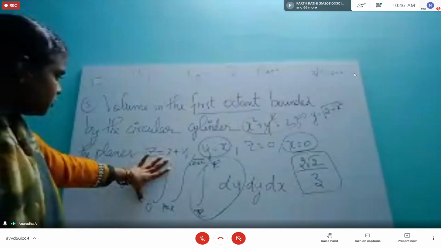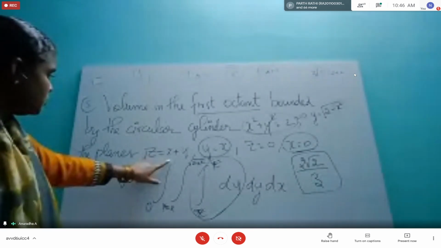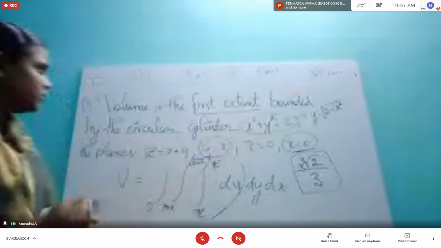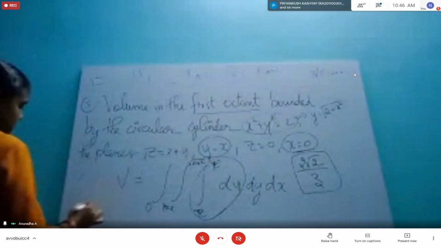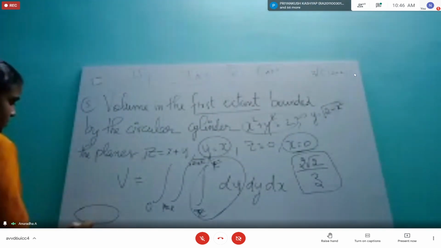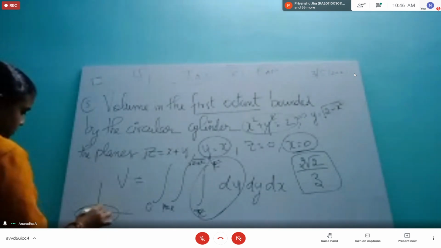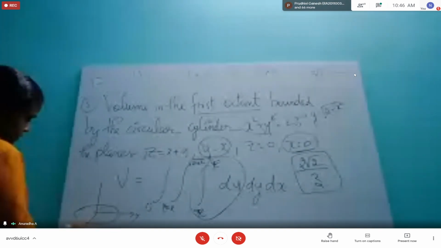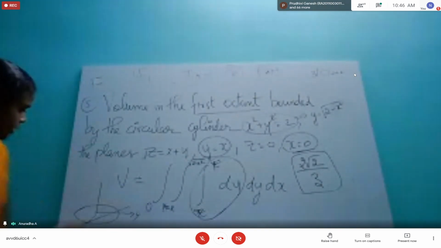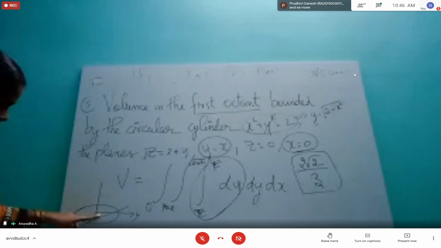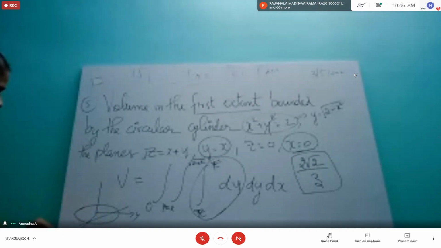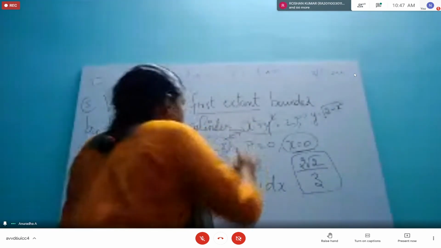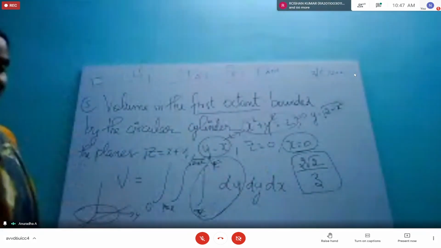This portion, this is 0, but we should not go to the entire cylinder. We should cut it by y equal to x. Actually, how will it be? The circular cylinder, the circle base will be like this now. This will be a circle. In this, this is the y-axis, this is the x-axis. Y equal to x will go like this somewhere. That line will cut. Only that region I want. So we have to take the point of intersection between these both. Then write the upper limits.